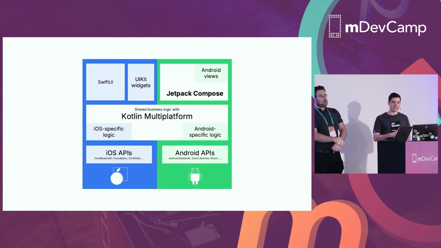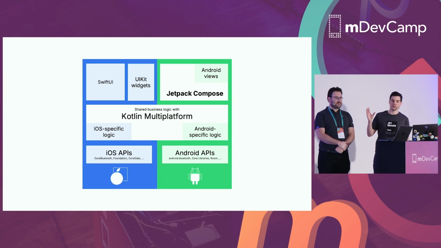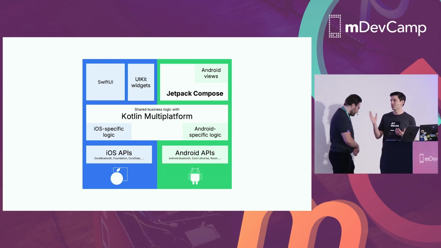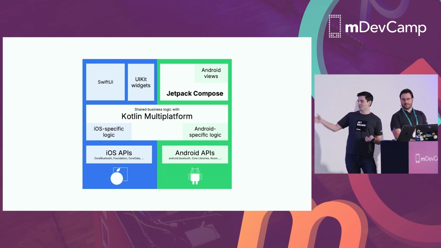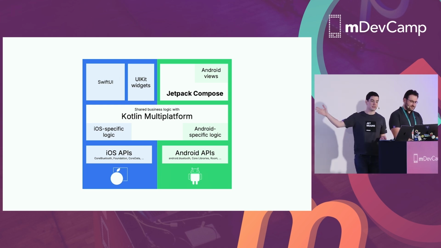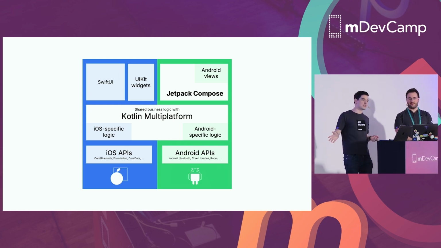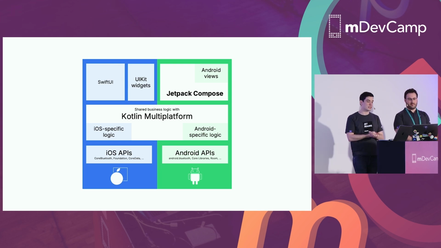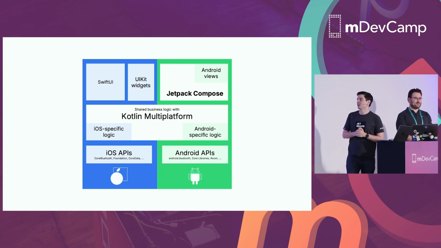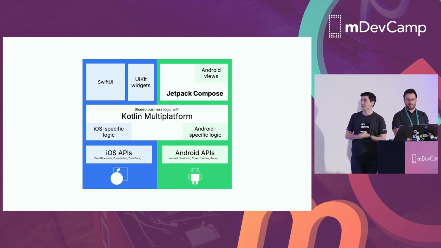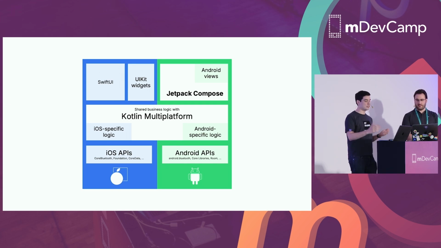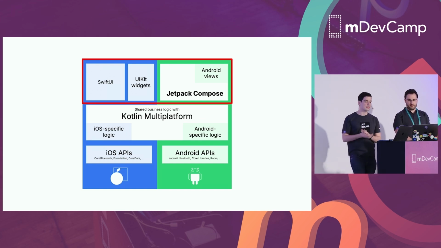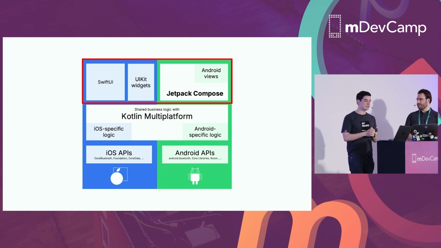All right, so before we get to Compose Multiplatform, let's have a bit of an overview of how Kotlin Multiplatform can be used to share things in your applications. Here we have an example where we are building two mobile applications for iOS and Android, and we have a shared layer of business logic in the middle, which is using Kotlin Multiplatform and then compiling that Kotlin code to native on each side. And so far, at least, we have two independent UI implementations built on top of this. On the iOS side with SwiftUI and/or UIKit, and on the Android side with Jetpack Compose. So this duplication of UI that we have at the moment with two implementations is what we're looking to solve